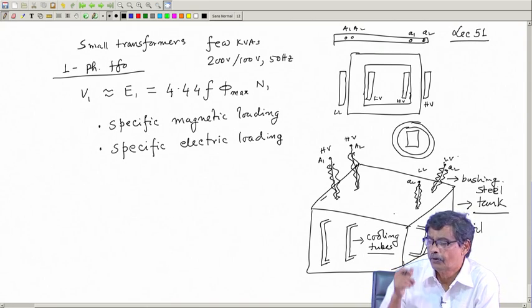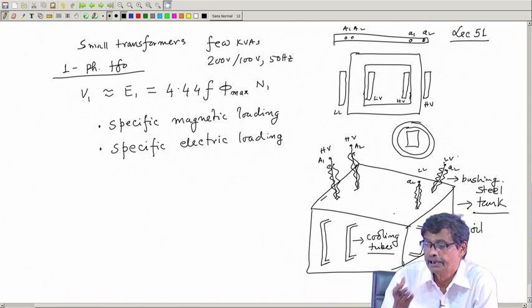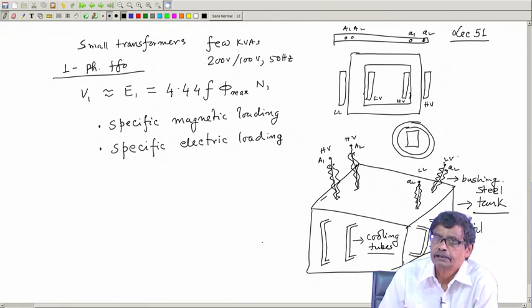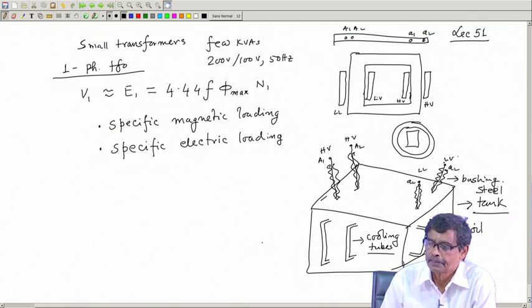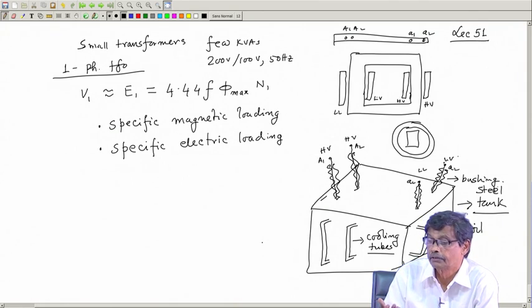Anything, if you go on pumping heat into a system, temperature will rise and it will attain a constant temperature. That means, at whatever rate you are generating heat in the system, at the same rate it is also dissipating heat to the outside world. When such a thing happens, then only that fellow will attain a constant temperature, because after all copper loss and iron loss will be constantly taking place.